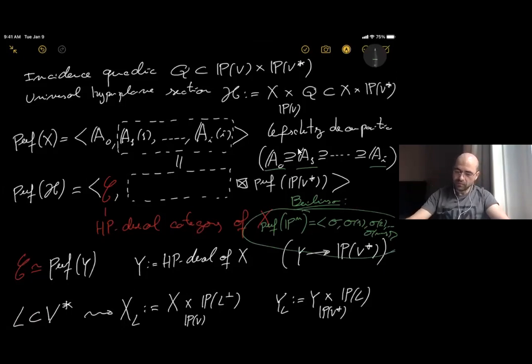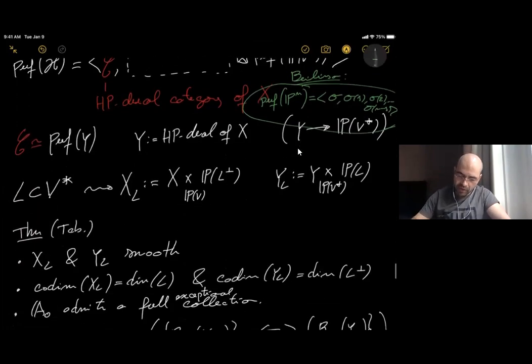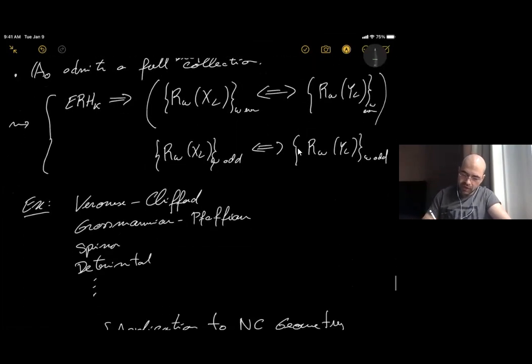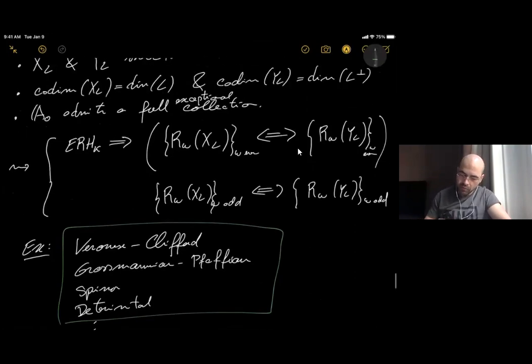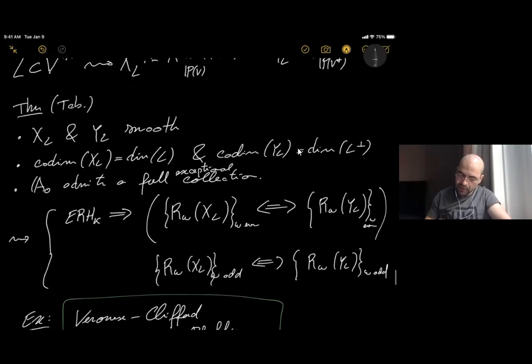Okay. So maybe my point is that maybe here it was not so clear because I didn't have time to talk about this kind of examples. But the main point here is that if you have these two things which are geometrically unrelated, but when you look at these categories,